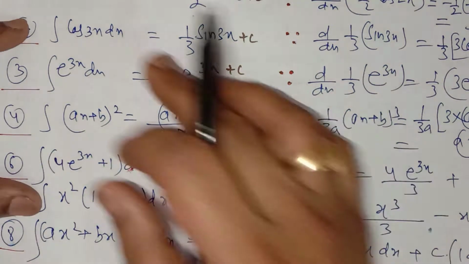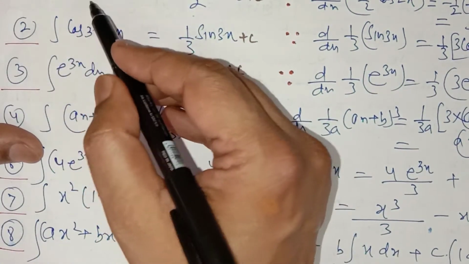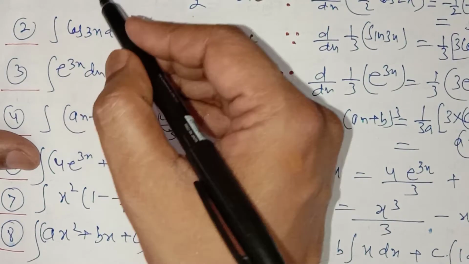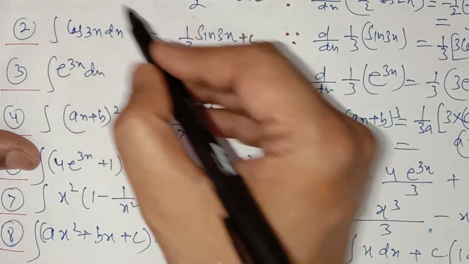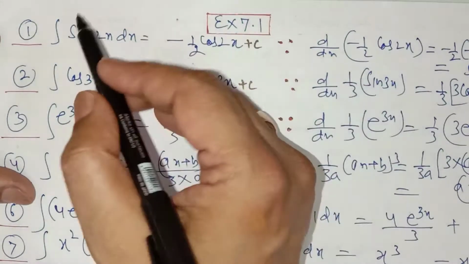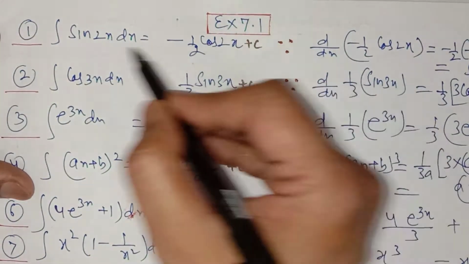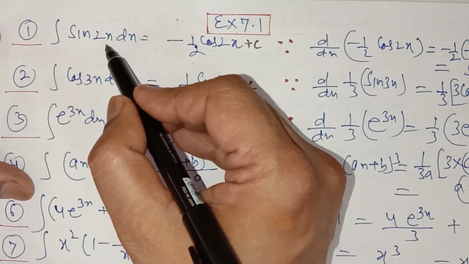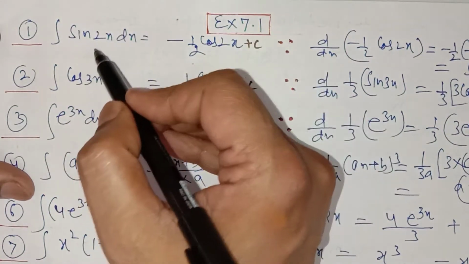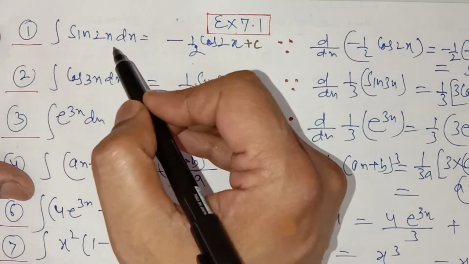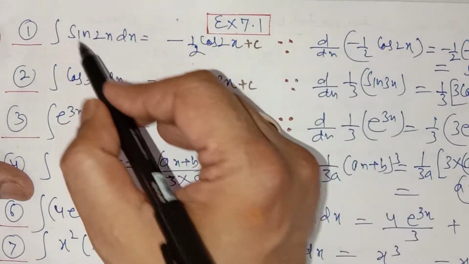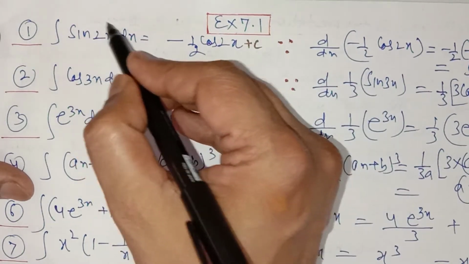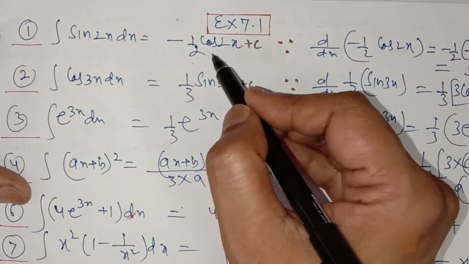Now we can do it directly. How can we do it directly? You simply integrate the first function, that is, the integration of sin 2x is minus cos 2x, and divide by the derivative of the second function, which is 2. You can do it directly. As you do in differentiation, the derivative of the first function multiplied by the derivative of the second function, in integration you integrate the first function and divide by the derivative of the second. That is, the integration of sin 2x is minus cos 2x divided by the derivative of 2x. The direct method you can do.